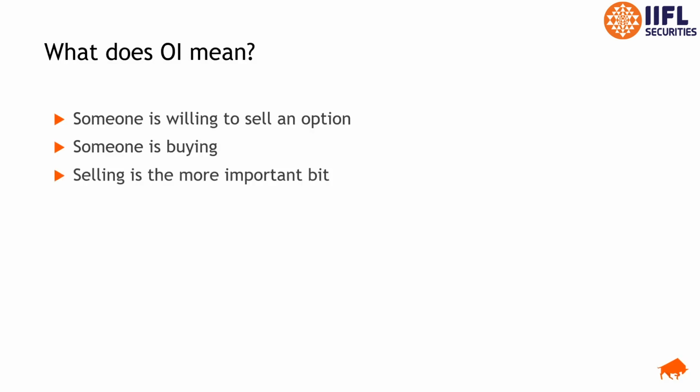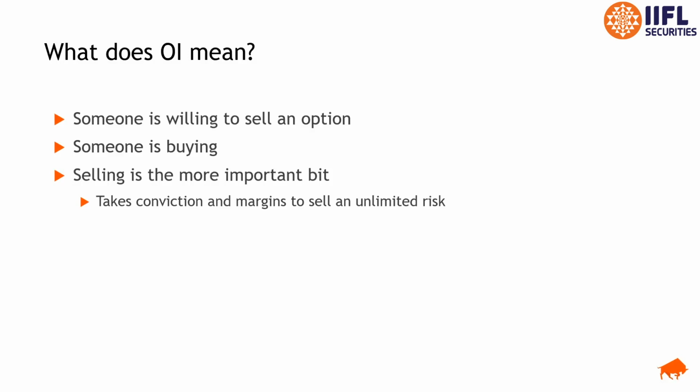So someone is buying and someone is selling, and at this point I'm going to introduce to you a very important concept, that option selling is more important than option buying. Why? Because it takes a lot of conviction and margin to sell an option at an unlimited risk. Option selling is also something in which you make money purely by time value decay and by getting the premium, etc.